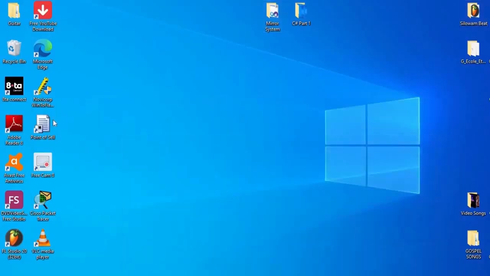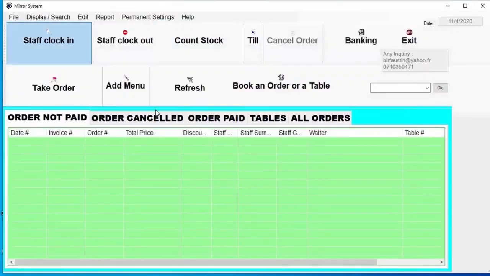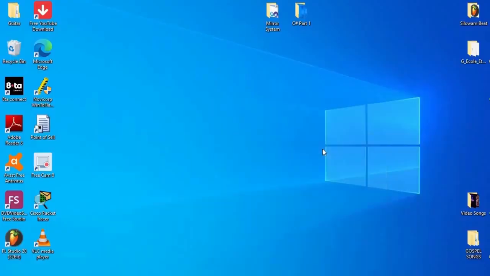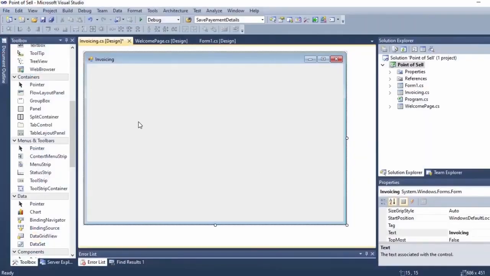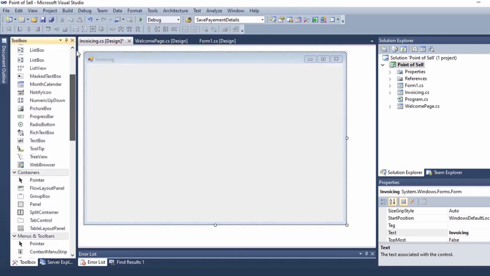Let us check the reference. When we click on invoicing, we open this form. Let us put this menu and then this button. It's what we need in this first lesson. We're gonna add the menu on this invoicing. To add the menu, select in the,